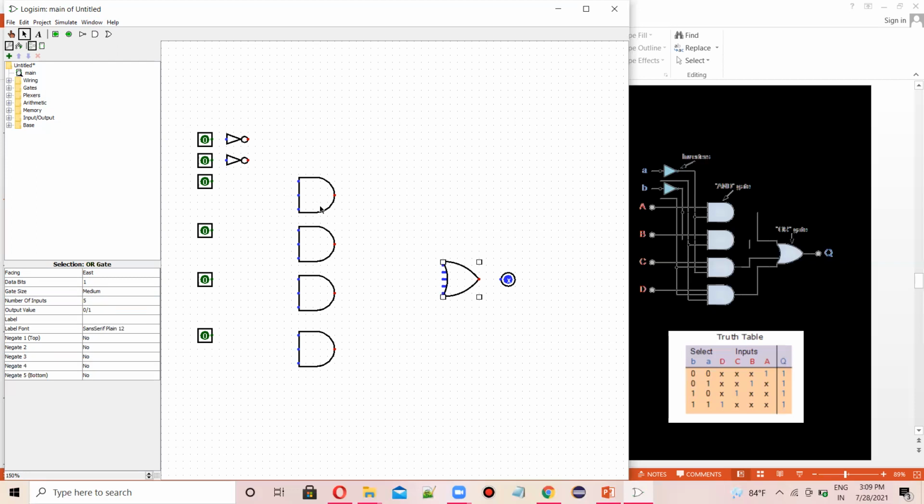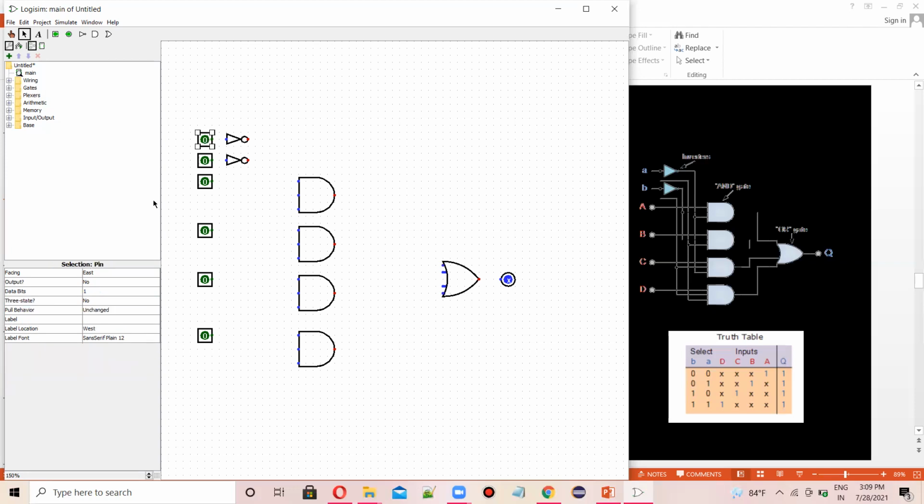Here we need 4, because as I have already told you, in this truth table you can see there are 4 main inputs now. So let's take it as 4. I'll change it to 4. Okay, that is done.